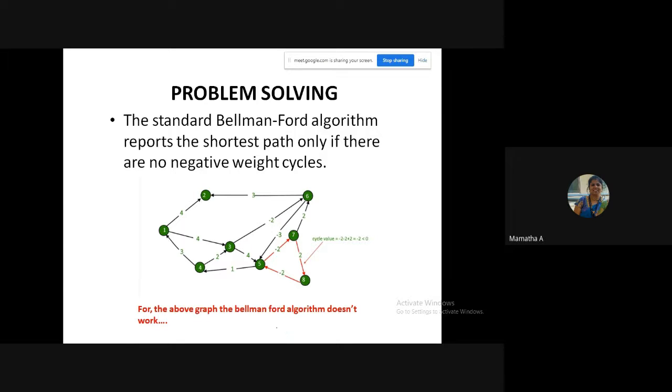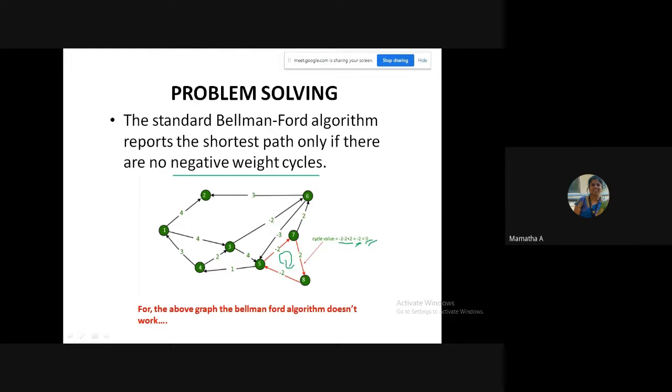So you can just observe in this graph, there is a cycle here. Yes, there is a cycle, and when you summate the edges, you can see -2, -2, +2. So -4 +2 gives -2, which is less than 0. So you should not have negative weight cycles. If there are negative weight cycles, the Bellman-Ford algorithm will not report the shortest path in the right way. I'm not saying it will not work, but it will give you some errors. So you can check this, possibly even when you are looking at a problem.